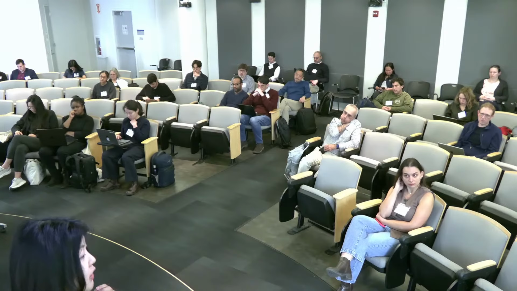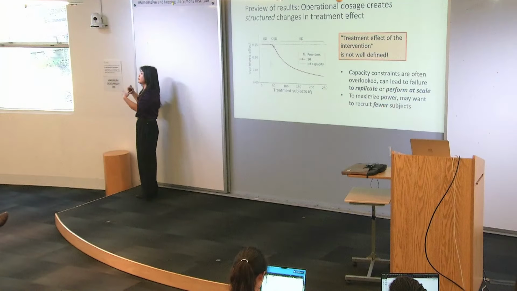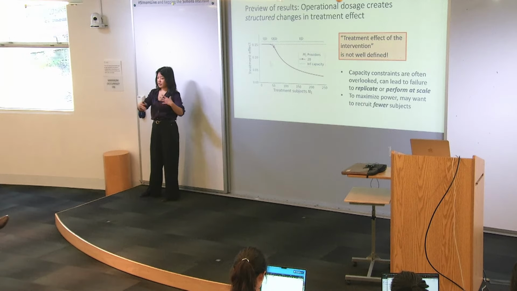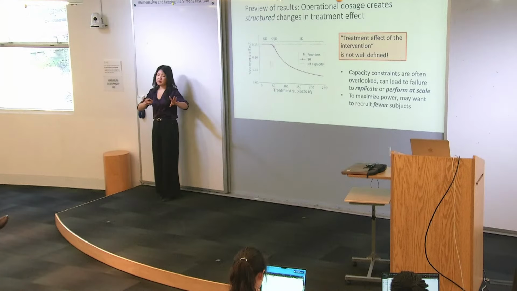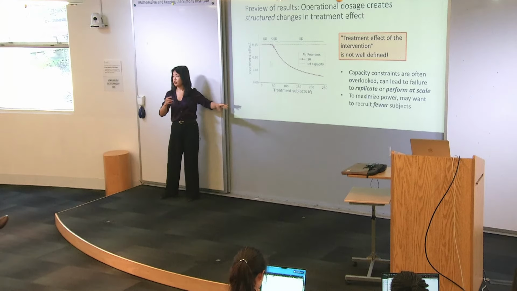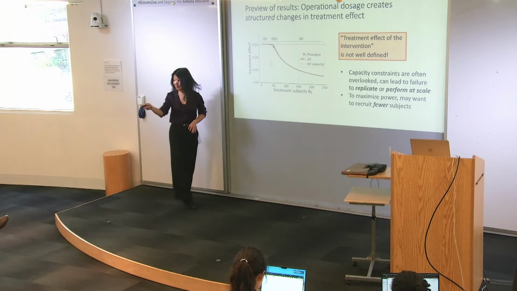I will say one thing that we're able to say here is that the way you should approach this problem should depend on the type of RCT that you're running. Are you running an efficacy trial, where you're trying to show that in optimistic scenarios there's an effect, or an effectiveness trial, where you're trying to look at the effect in realistic scenarios? How you manage your capacity should depend on your actual objective there. Yeah, great question.